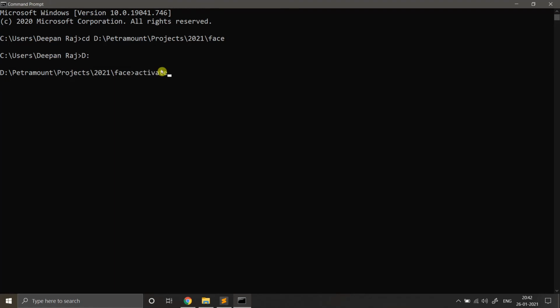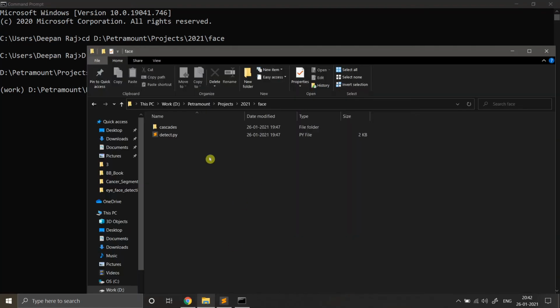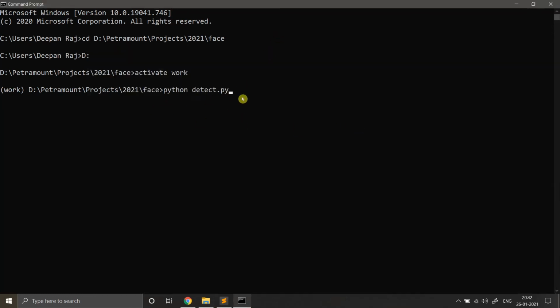As I already have a virtual environment with me, I just enter into the virtual environment, which is not mandatory for you, but yes, you can use it, let's say if you want to maintain separate projects with different library versions. Now let us type the command python space detect.py, because that is the program name which is given here. If you have Anaconda prompt, you can use that. If you have IDLE, you can also use that to run this particular program. Even IDEs like PyCharm, VS Code, Spyder, there are multiple IDEs present, so it's up to you to decide. I decided to go for a standard way of doing things, so I'm just using a command prompt to do it.